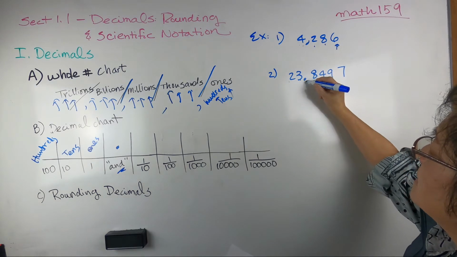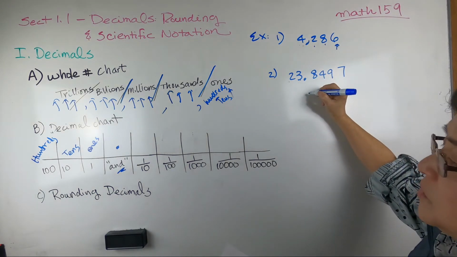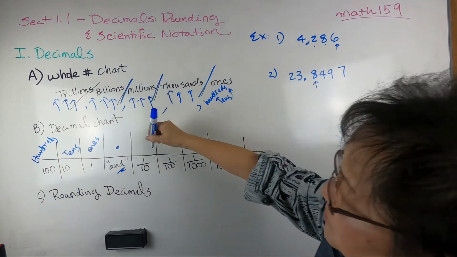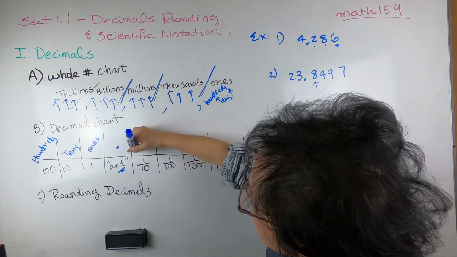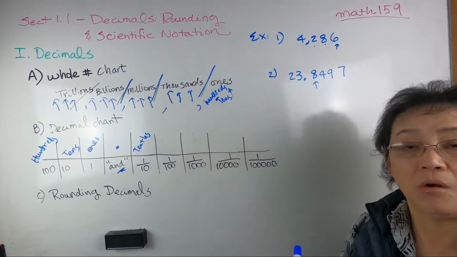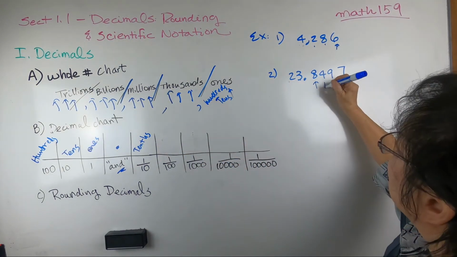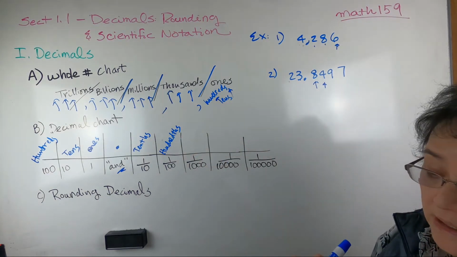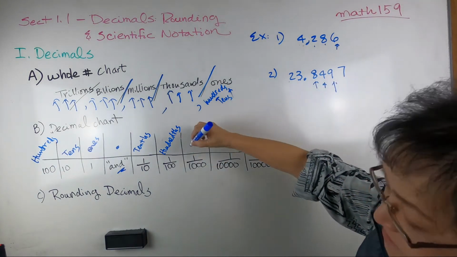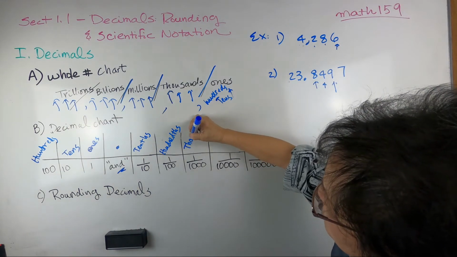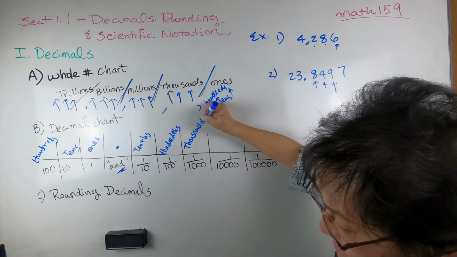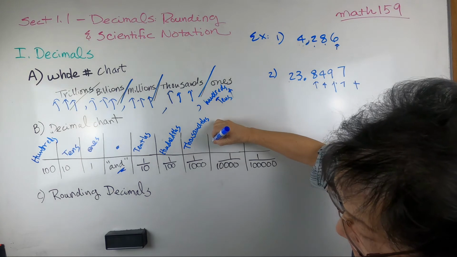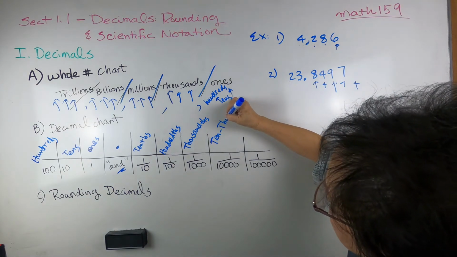For each digit behind the decimal point, what is the first position? Like 8 at the first position will be what? We call it tenths, right? Next one will be what? Hundredths, right? Next one, the third position, is what? It would be your thousandths. Then after this, it would be what? Ten-thousandths,